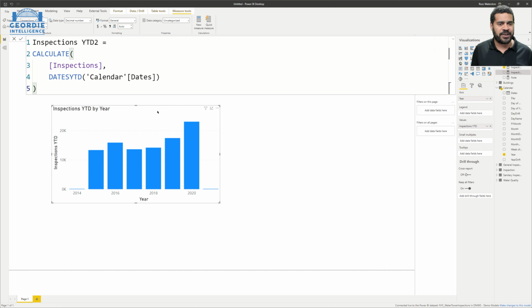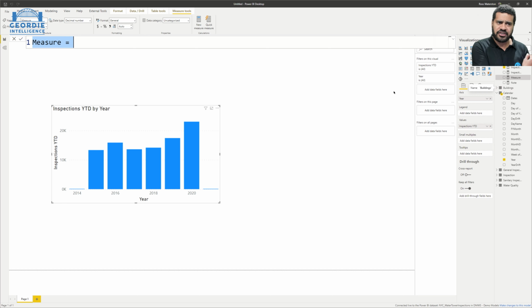So anyway, we can go in and work out last year. There's a few ways to do last year. Same period last year is what we're going to use, but you could also use parallel period. They both get you the same results, and the challenges you face will be the same. So there's not a huge benefit from picking either one. What we'll do is create a new measure,